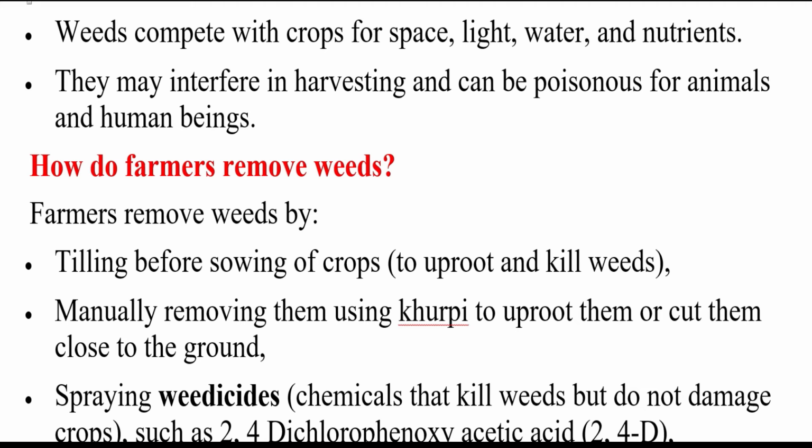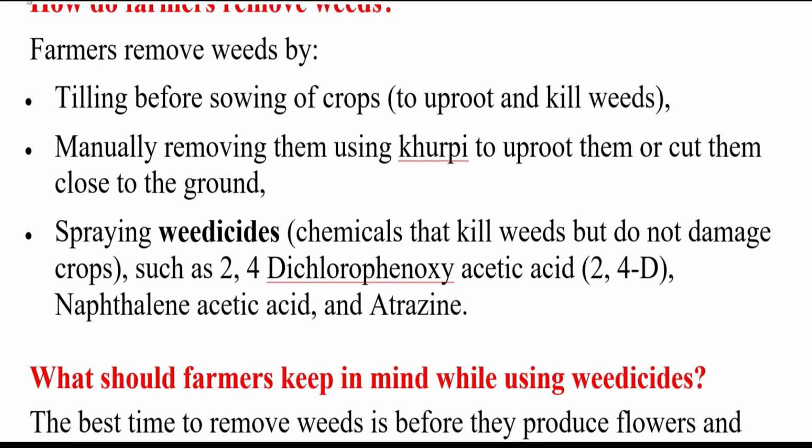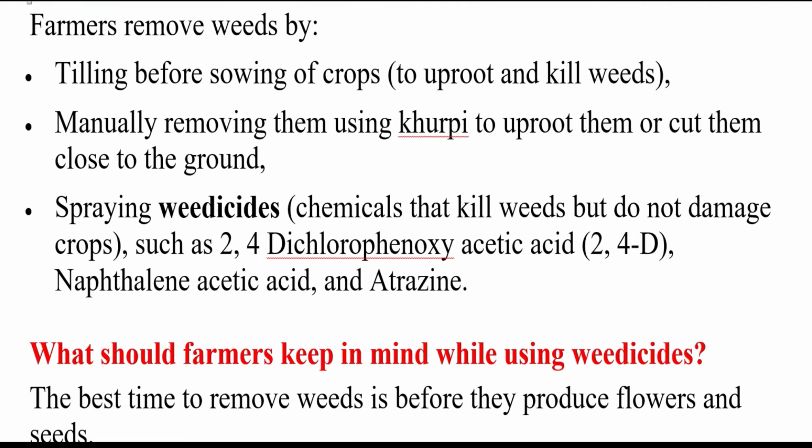That should be an initial process. And next, manually removing them using a krupi to uproot them or cut them close to the ground. So before the tilling process, people do such kind of things. And spraying weedicides, chemicals that kill weeds but do not damage crops, such as